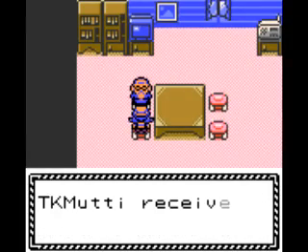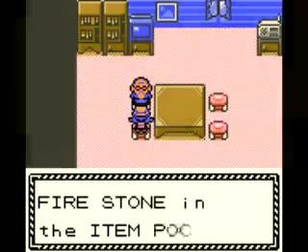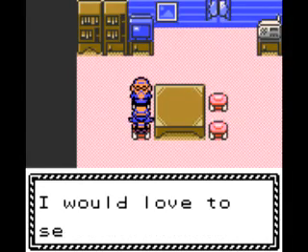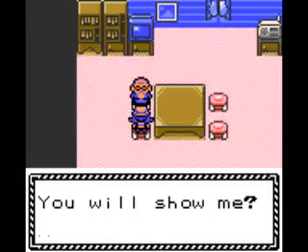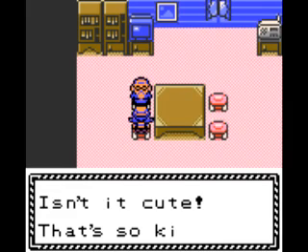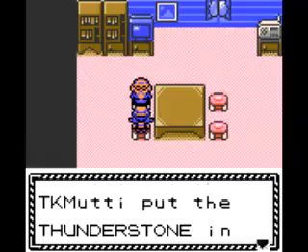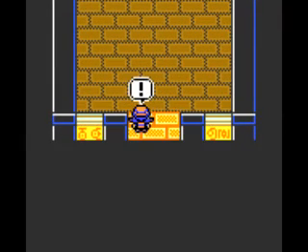And I do believe that just after I had evolved my Arcanine, I went to him. But next up, the final one, after showing him a Growlithe or possibly Vulpix, he will describe to you Pikachu, but he wants to see Pichu. He describes Pikachu, and then says he'd like to see that Pokemon before it evolves, and he means Pichu, and it took me a few times to figure out what he meant. But showing him a Pichu will get you a Thunderstone, and now that we have those stones, time to